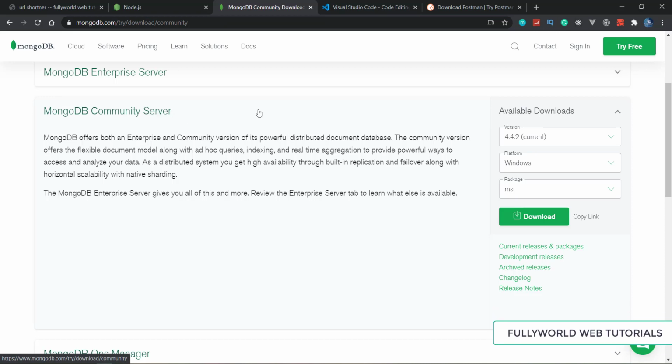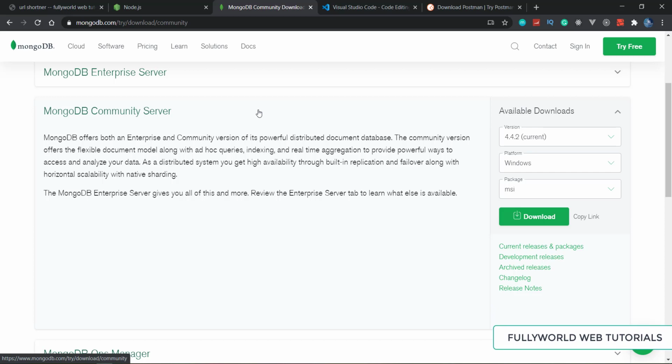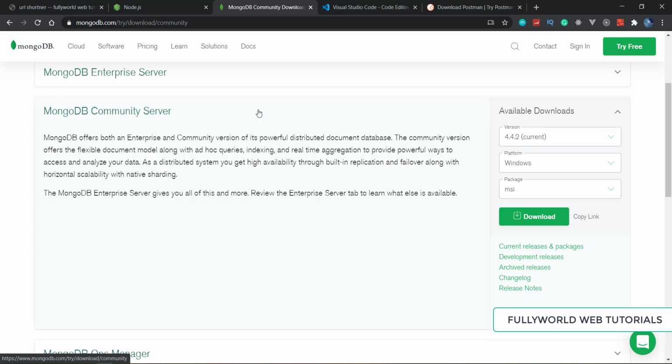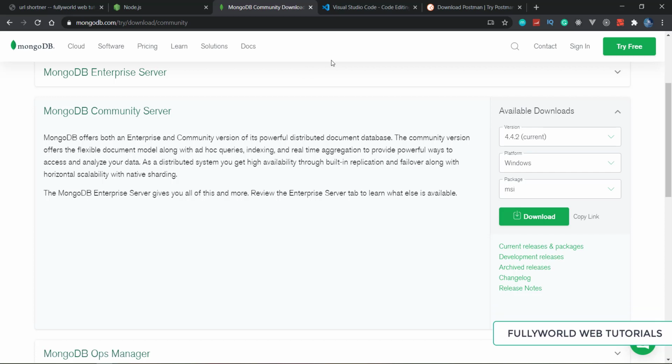When you install it, Mongo Compass will automatically be installed on your PC. That will help you manage your database. It is like a GUI software. We will use MongoDB locally, and when our application is in production mode, we will move to MongoDB Atlas, the web version.